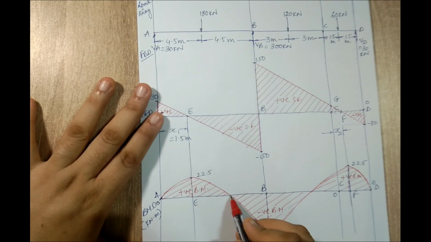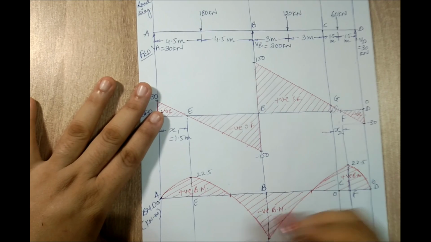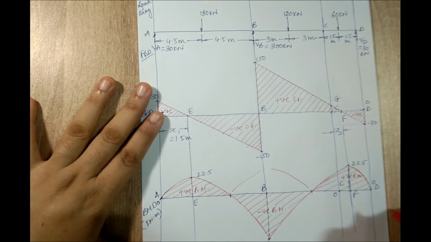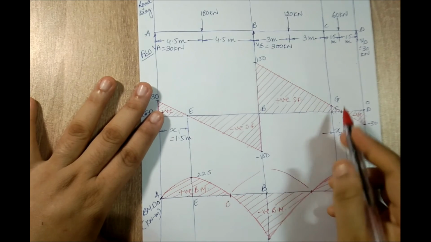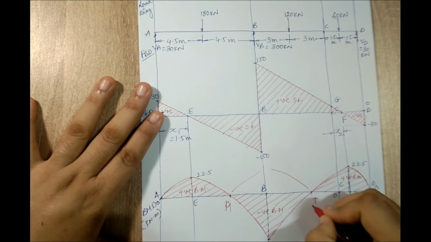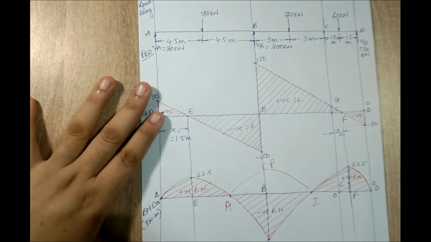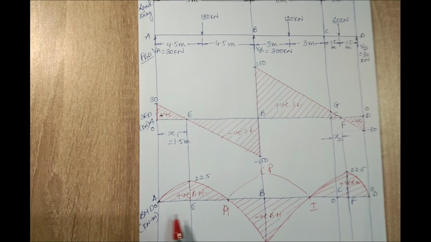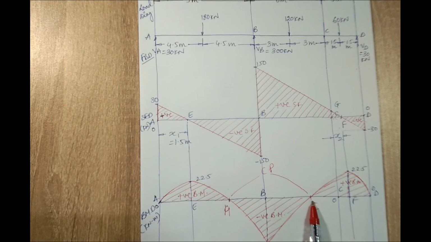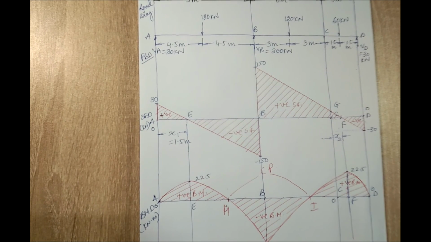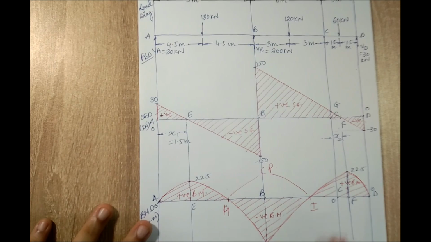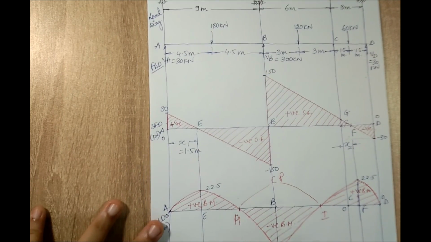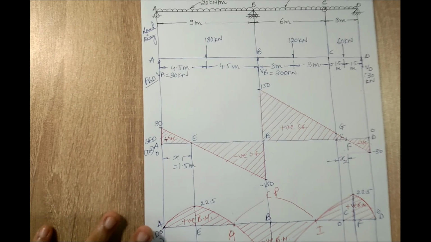Now again, if you require, you can calculate this distance over here. These are the two contraflexure points again. Let me call this, okay, I've used G over here, so I'll use H and I, these to become my contraflexure points, H and I. So you can again calculate this distance by drawing from A to H. This is a UDL. This can be drawn and I have to calculate up to this point I. So from B to I again it can be drawn and it can be calculated. So I just leave this portion. This last portion is not very difficult. I am leaving this portion for the viewers to solve and get the answers.